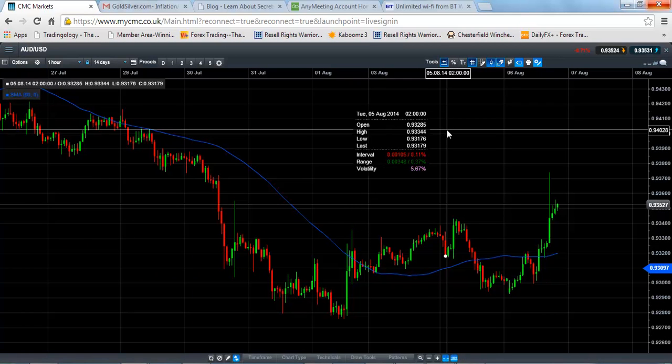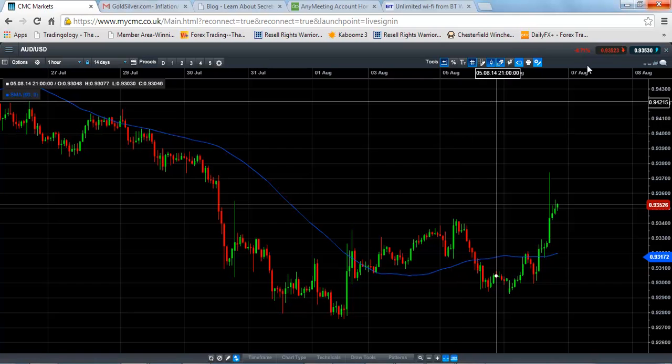Okay, we can all see that the Australian dollar US dollar is also a good currency pair to go in at the moment. I mean, the price bars are on top. So I'm just going to trade this